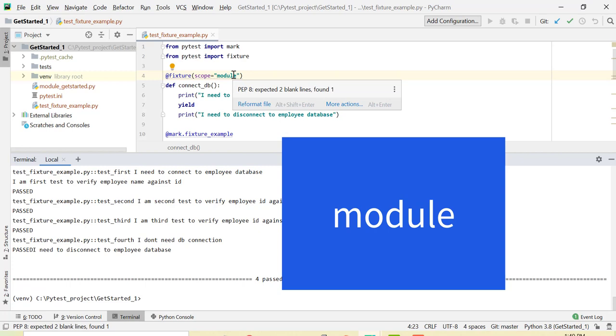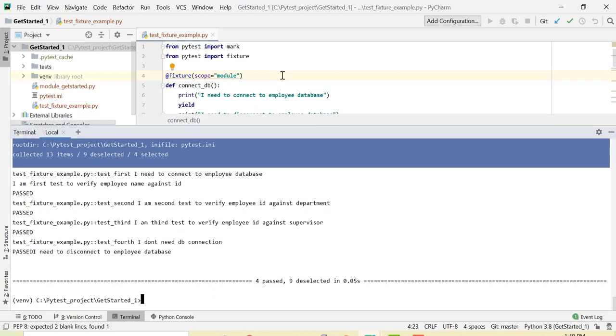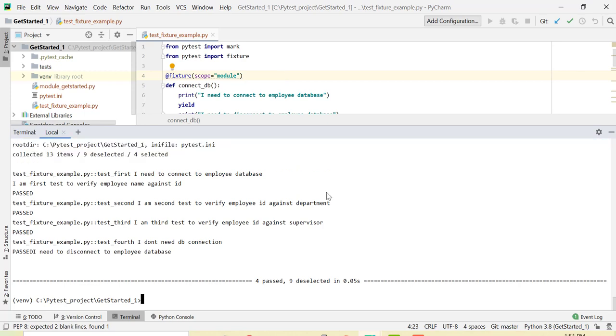it only gets invoked when that module has started and ended, right? Now, at class level, similarly, we can define a class and define the scope as class, and that will imply that when that class object is called, the fixture will be executed or invoked. So apart from class, module, and function level, there is a last scope type, which is session. I'll not take session scope in this lecture.